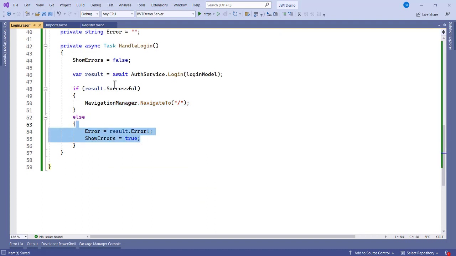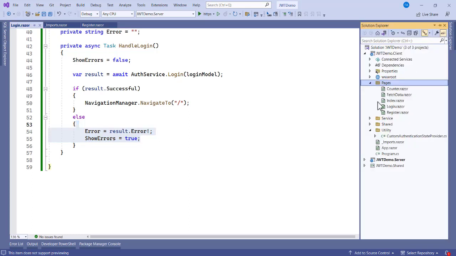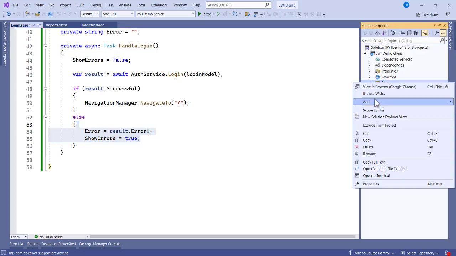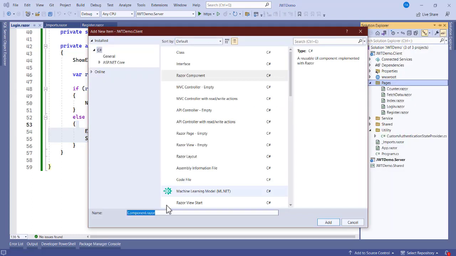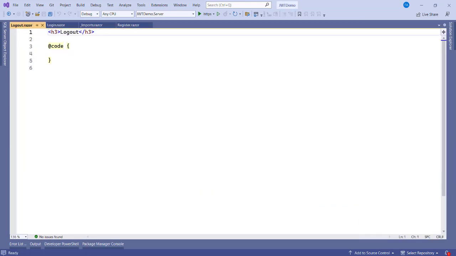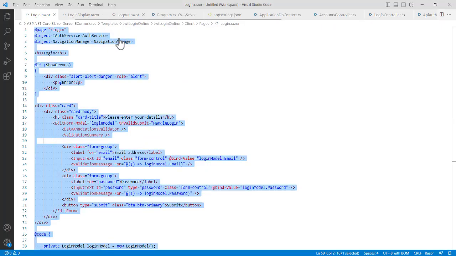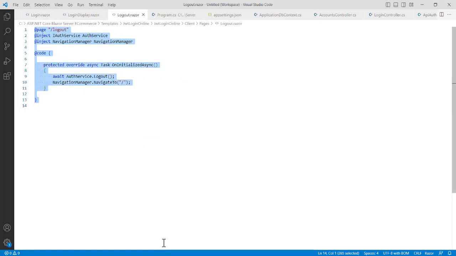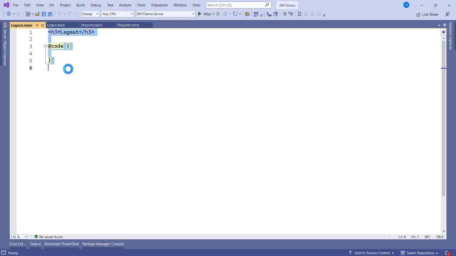Okay, now the last one here is we have to create the logout. So let's create the logout component. With the logout component, let's see, solution, pages, add razor component, and now here we're going to call it logout. So logout. Now with this logout, control, copy this, and in here let's paste